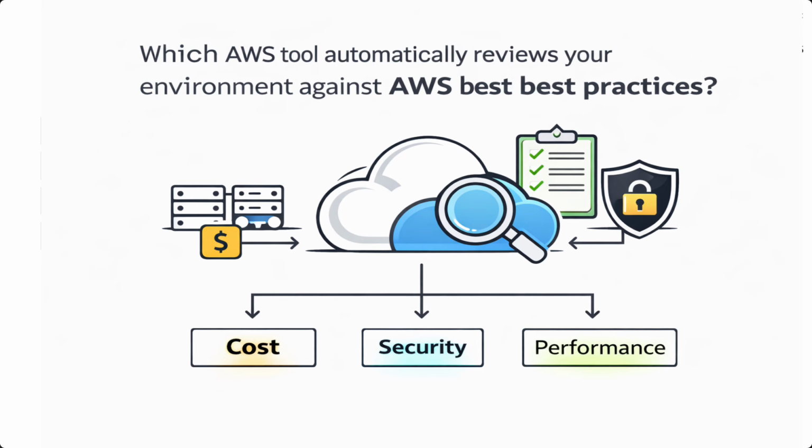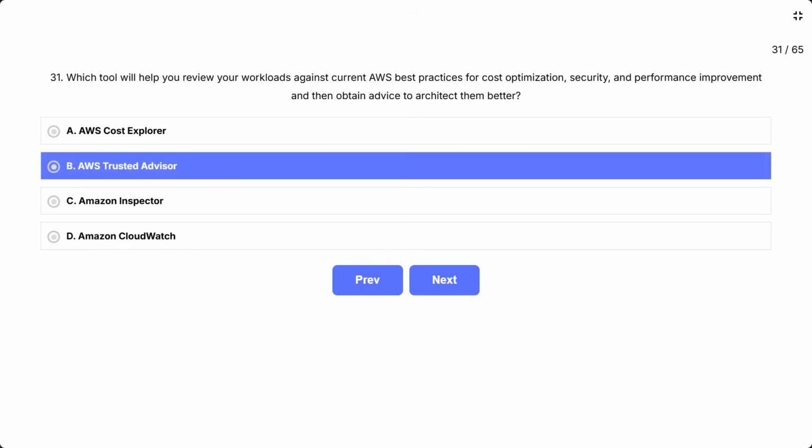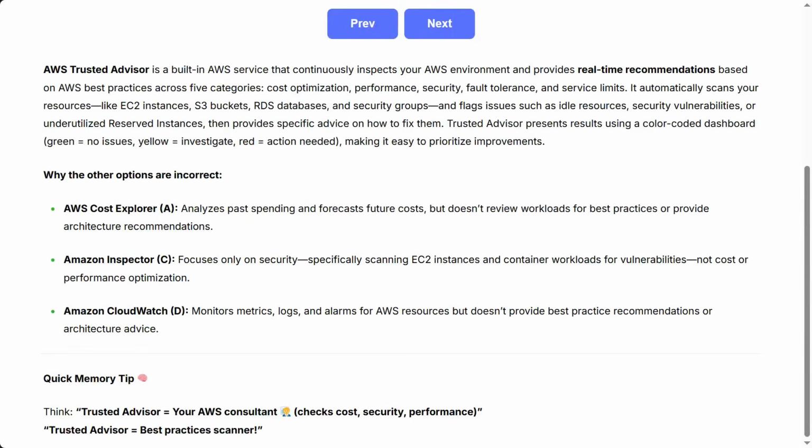for improvement across cost, security, and performance. Think of it as which AWS service acts like a consultant that scans my account and tells me what I can improve. The correct answer is B. AWS Trusted Advisor. AWS Trusted Advisor is a built-in AWS service that continuously inspects your AWS environment and provides real-time